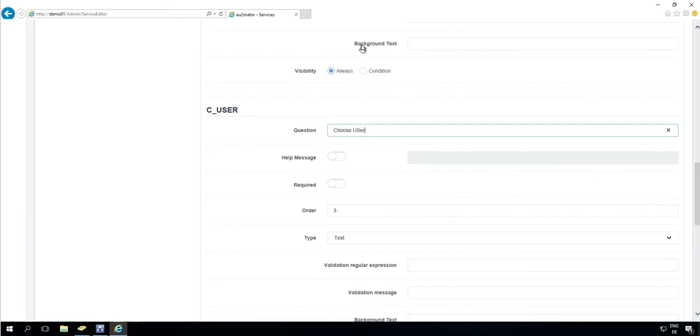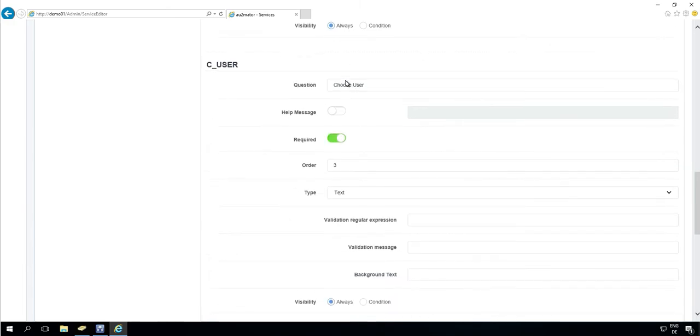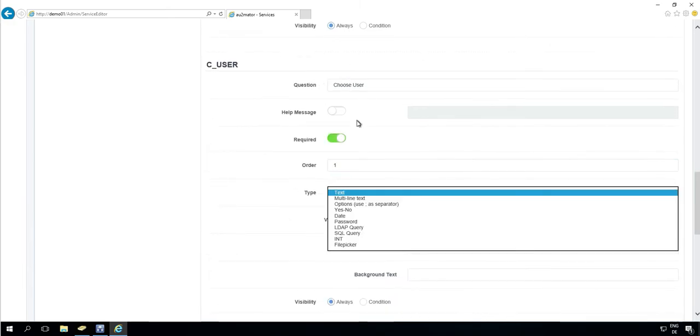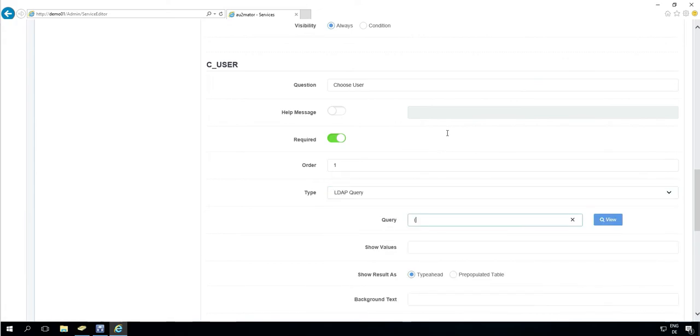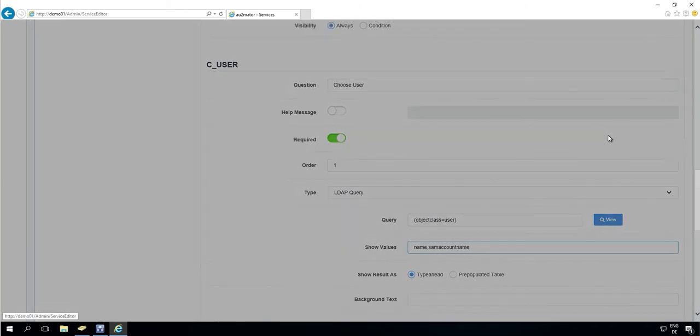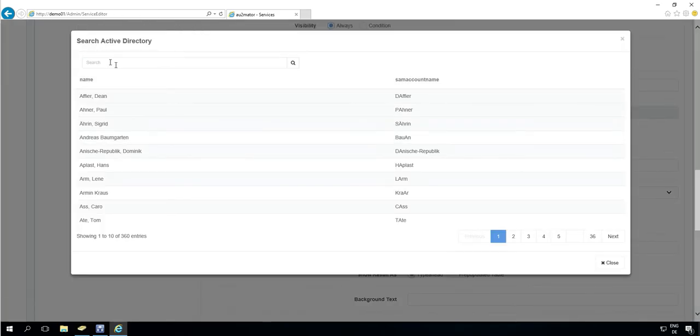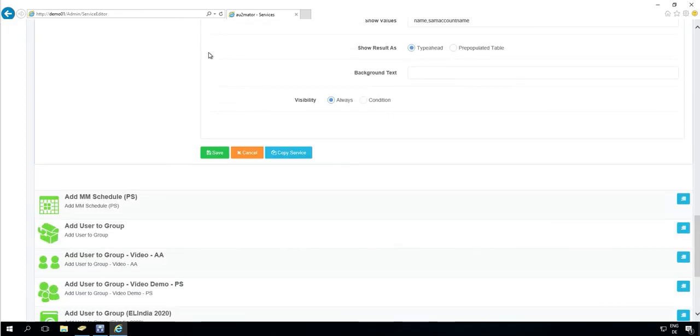So we enter nice text and we mark it as required, and this will also be an LDAP query, but in this case it will be object class equals user, and we want to see the name and the SAM account name. Click on view to see the results, and we get all the names and the SAM account names for all our users. Save the service